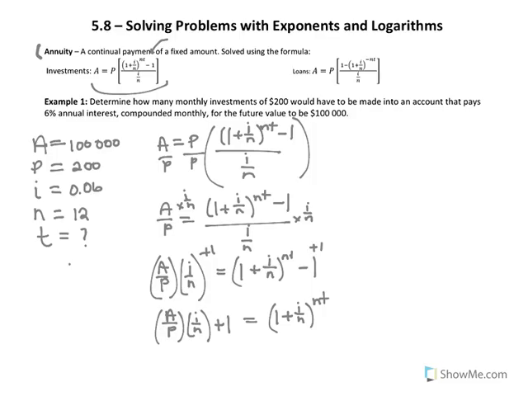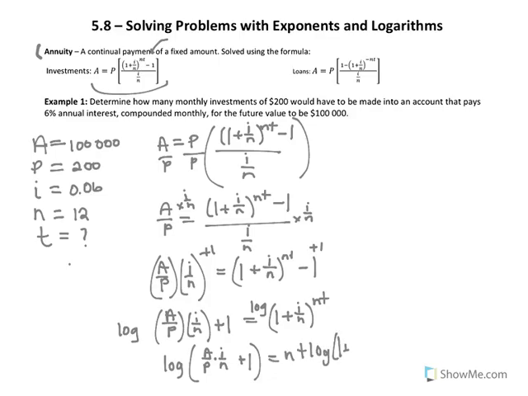Now I need to take the logarithm of both sides. So many steps. So I have the logarithm of all of that, A over P times I over n plus 1, and this will have nt